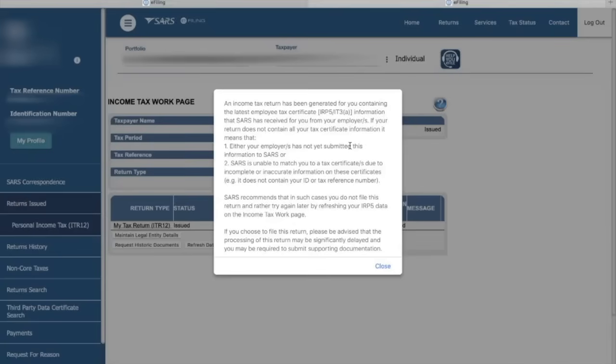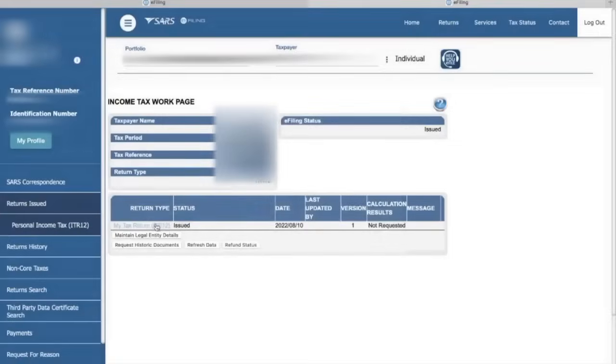So what this means is that if your IRP5 is not showing here, that means that you'll input your details manually, but SARS usually requires you to submit supporting documentation. So this will be your tax certificates, including your IRP5 and your medical aid certificates or other certificates that are applicable. So we know what they're saying there, so we close this